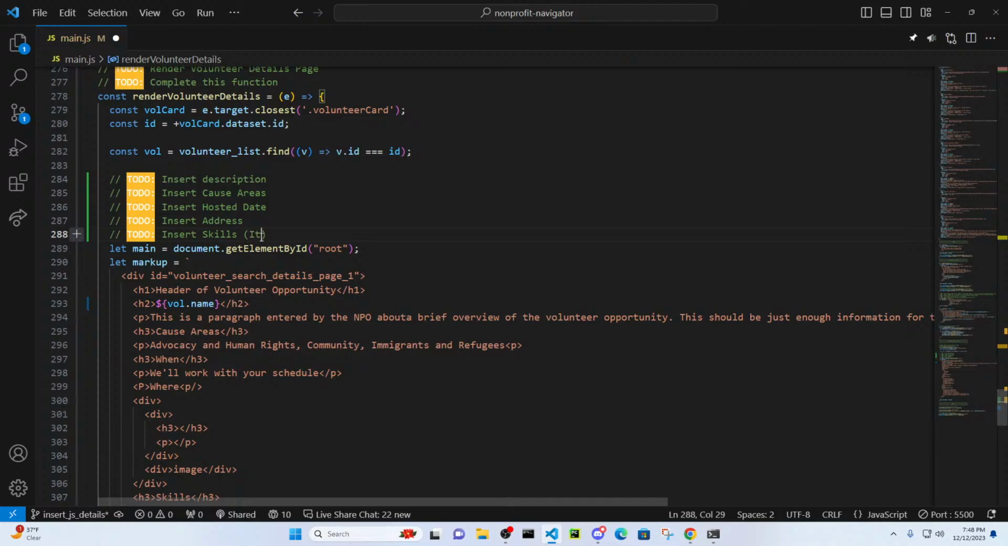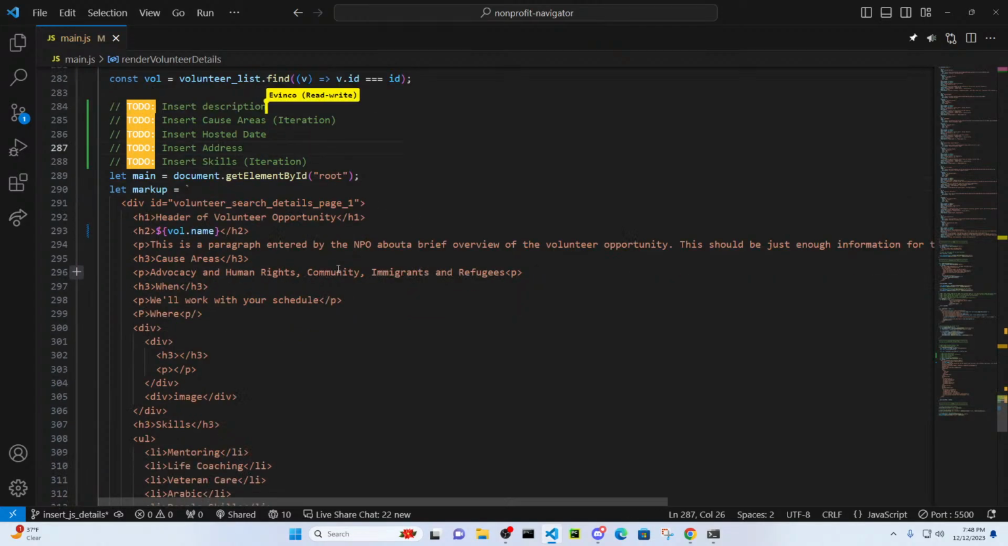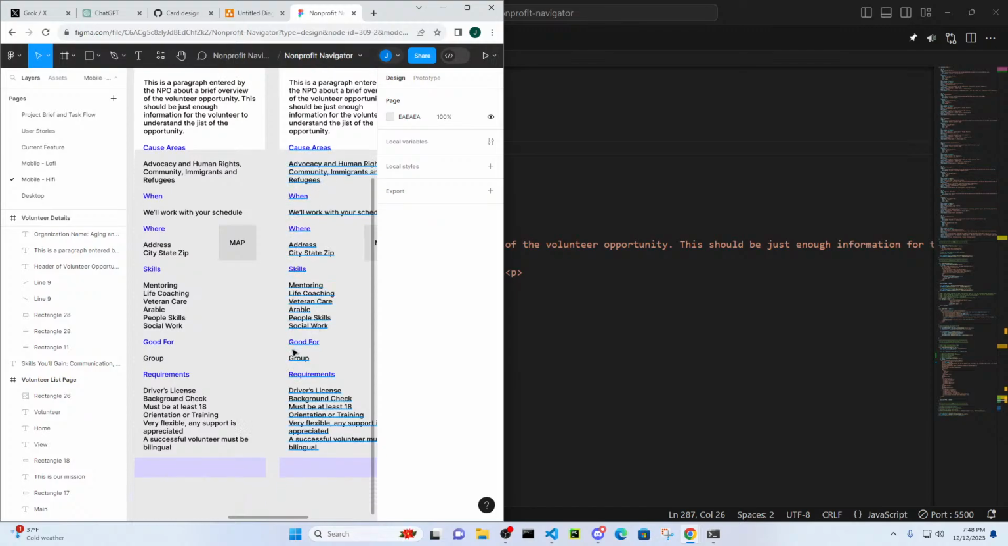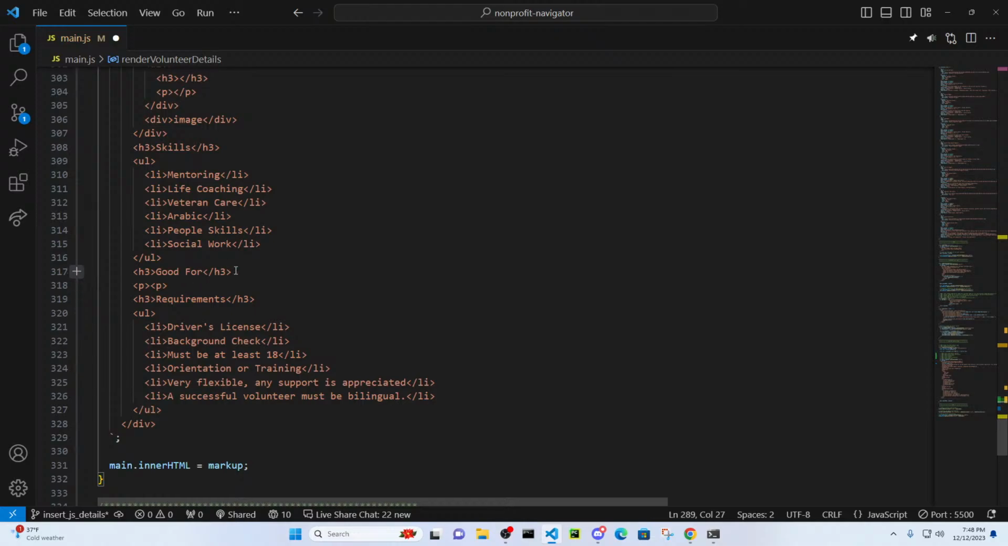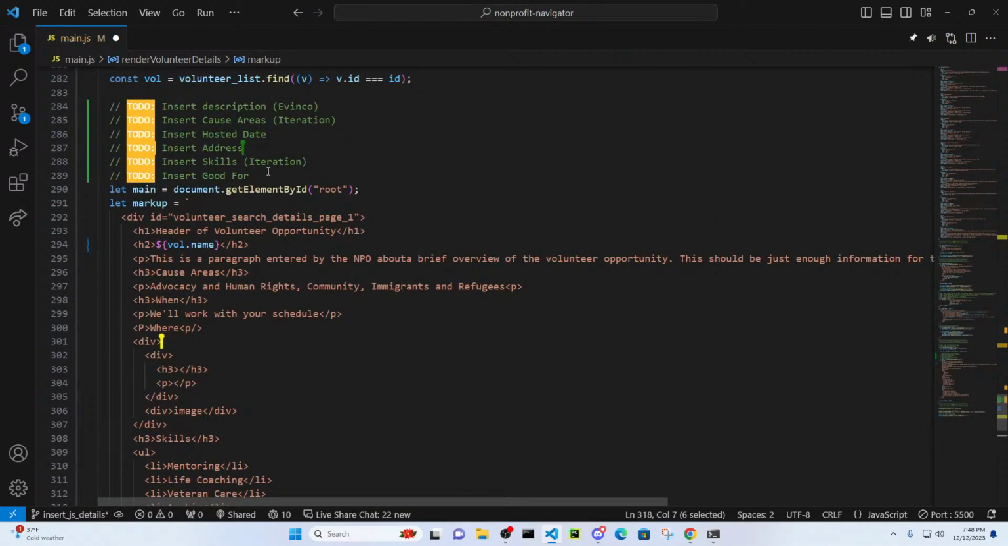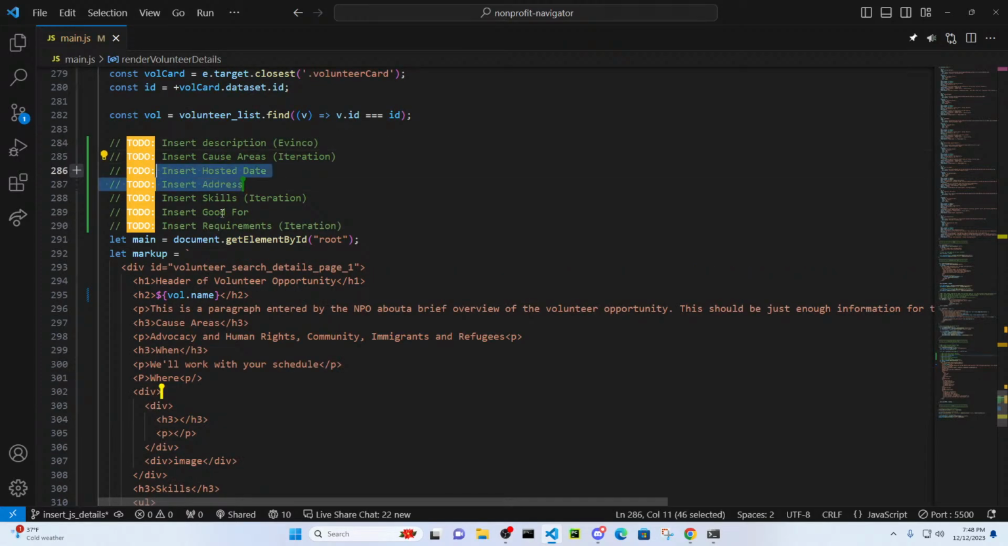Insert skills. This is going to require iteration. This is also going to require iteration. So these are going to be a little more challenging. If you're newer, I'd say choose one of the easier ones. All right, so we have skills, good for. Insert good for, which is just right here, the paragraph, and then insert requirements. Again, this is going to require an iteration. So we have a couple that are going to require just a little bit extra JavaScript. It's not too difficult, but if you are newer, feel free to grab one of the ones that don't say